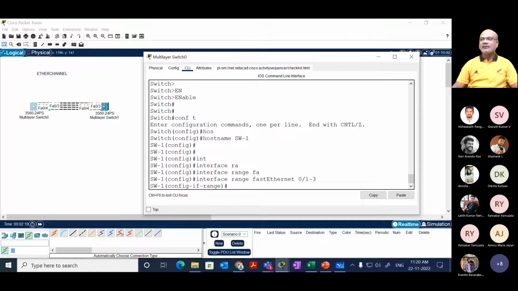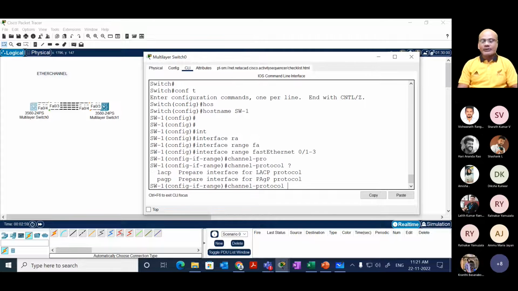Next, VLAN configuration? We are not required. We are just making EtherChannel. I want to make the port bundling, right? Trunk, need to add trunk. First we have to create the channel protocol, PAgP, right? PAgP is for the same Cisco devices. If it is a different vendor, it is LACP for non-Cisco devices, right? So first create the channel